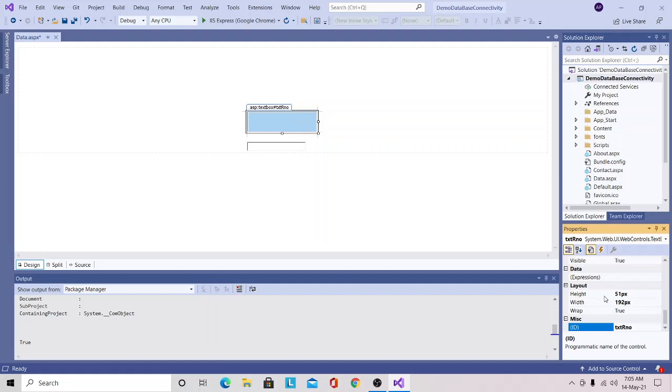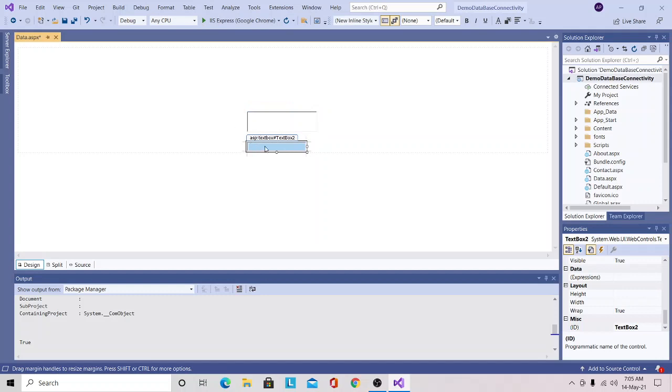You can see the height of this textbox server control is 51 px and width is 192 px. Same height and width I can set to the second textbox server control.